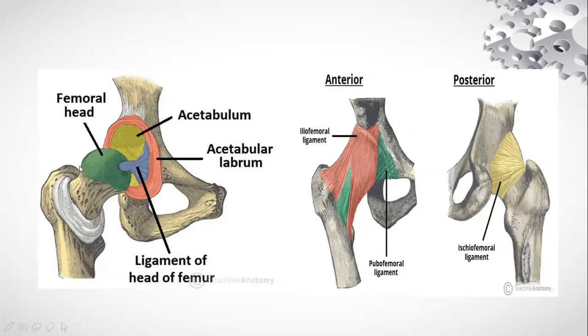And over the head of the femur, you'll find that the capsule extends anteriorly up to the point of the intertrochanteric line, and posteriorly it is around the neck of the femur. So that is the extent of the hip capsule here. It is richly innervated.